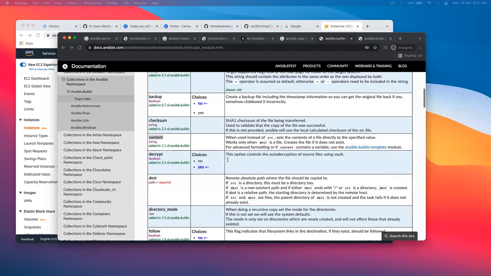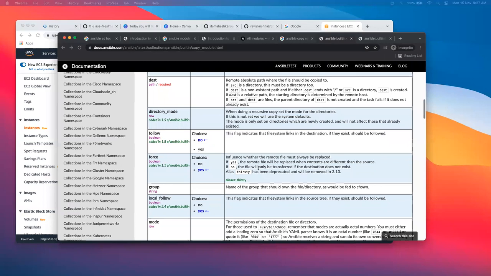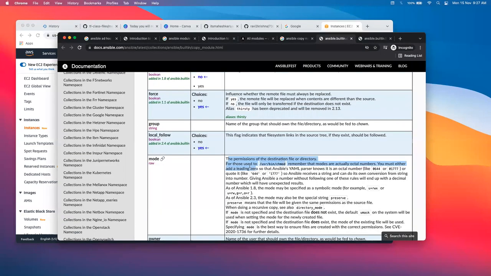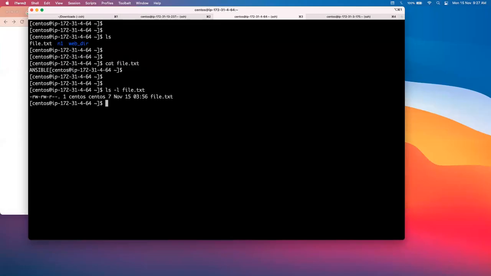In the mode, you can give the options, guys, like 644, 777 we give, right? You can give the options. So I'll just do the same thing. So next time onwards, anyone who checks this file, they should not be able to write the content. They should be only able to read the file content there, right? Okay. So now